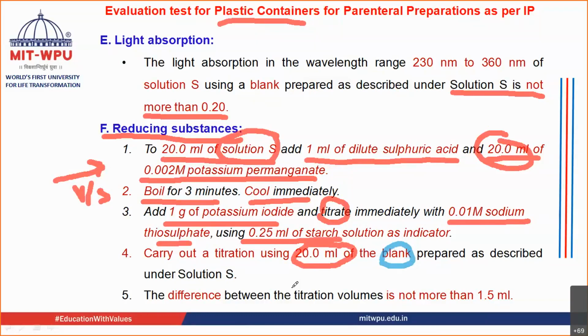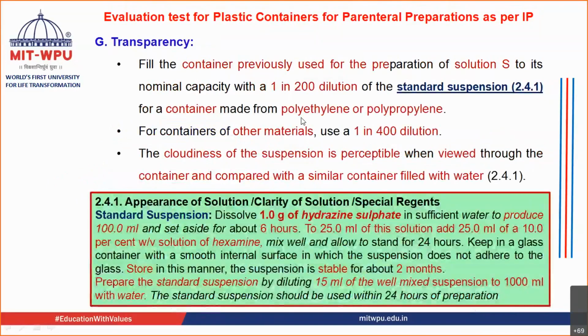Then you are going to find out the difference between the titration volumes of solution S and blank, which should not be more than 1.5 ml. If this is the case, then we can say that the reducing substances that are present are not in high quantity. Okay, let us move ahead with the last test that we are going to carry out,